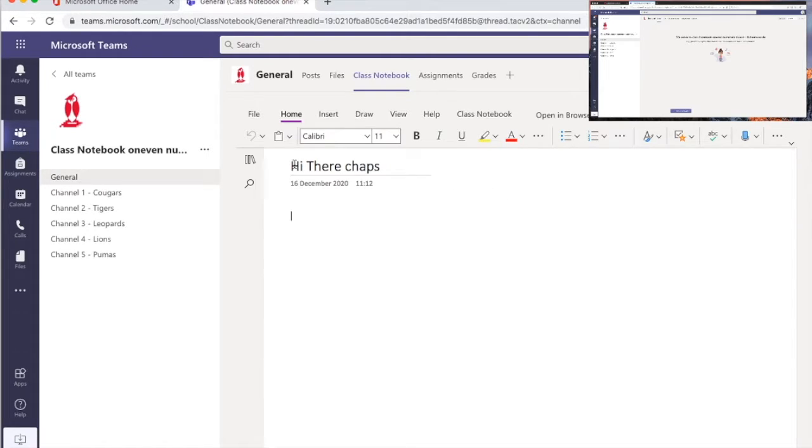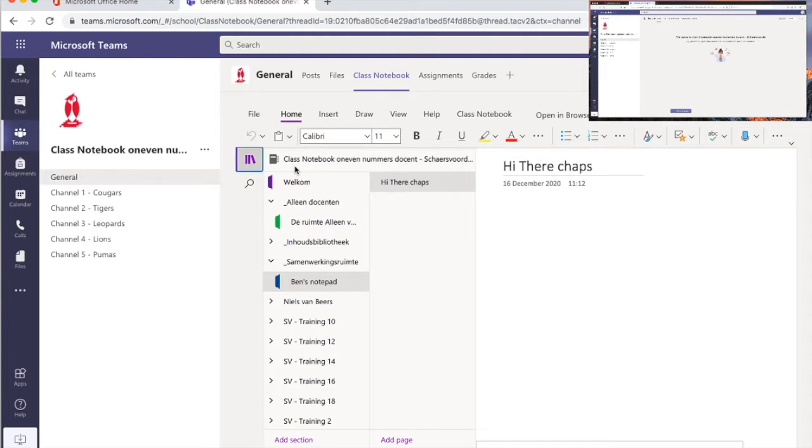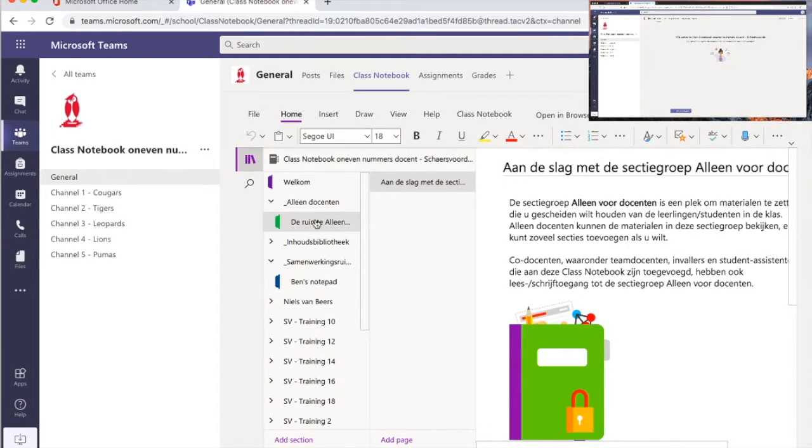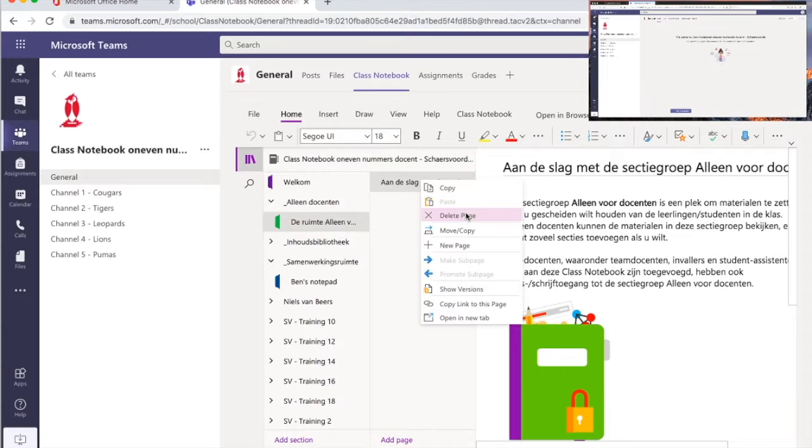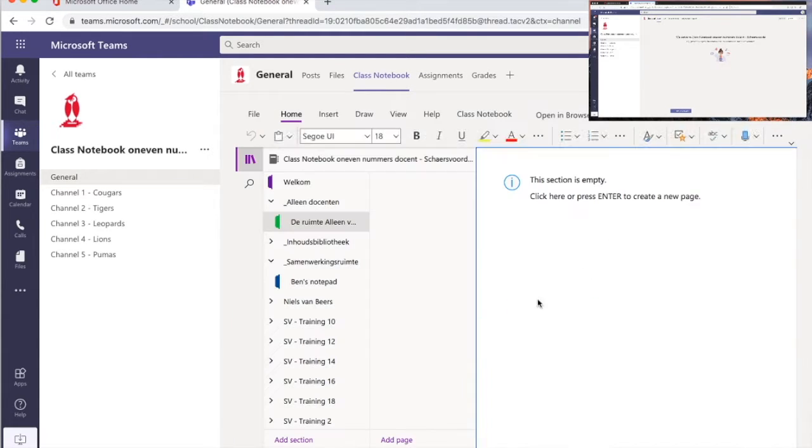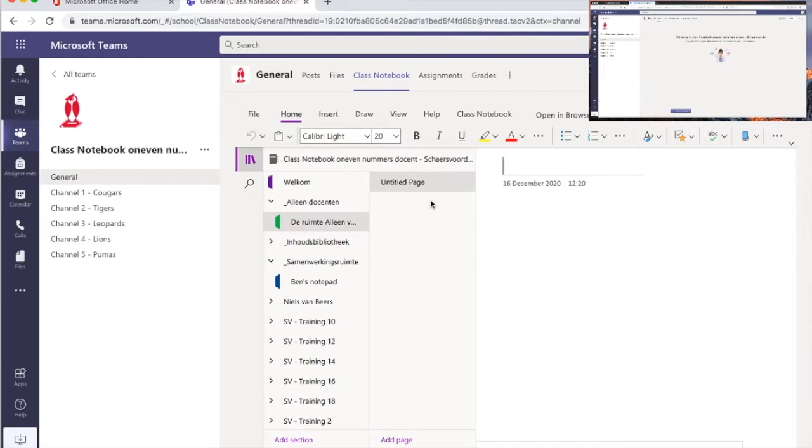To my mind, the safest route, if we're going to share notes during teaching, is to go to teachers only, to find a tab. If there isn't a tab, you can create one easily just by clicking in that space. And I'm going to delete this page. I don't like it, so I just right clicked it and permanently deleted it, and I'm going to create a brand new page. I'm going to call it today's notes on seasons. Now, inside this space, you can leave notes